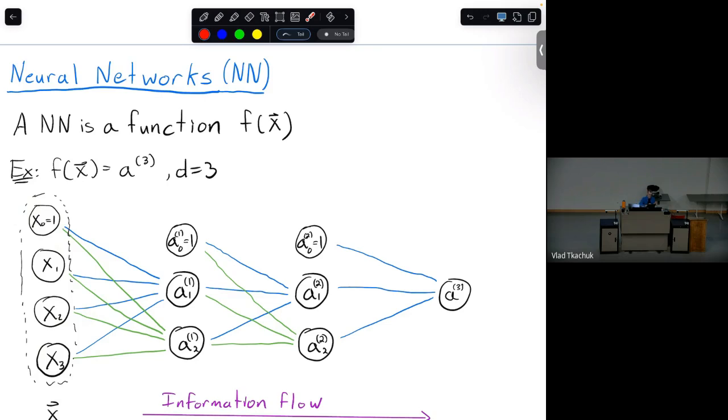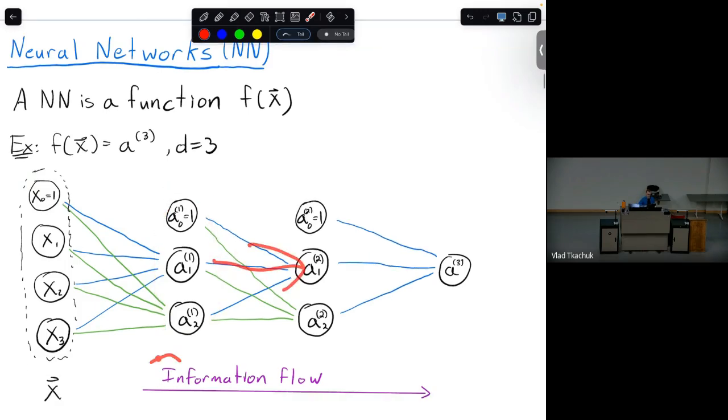And then there's these arrows, we're going to talk about them. There's these things in here that are called neurons. And this is a layer of the neural network, and then it propagates. So you should think of information as going from left to right. It's going to propagate some information to here and then to here. And then eventually it's going to get to the very end on the right. And then it's going to output something, which is what the function outputs. So this is the output of the function, this A3. Okay. And this is a very specific neural network.